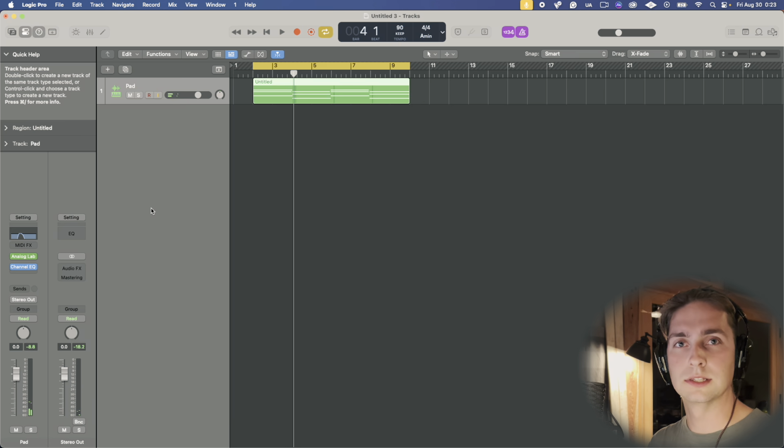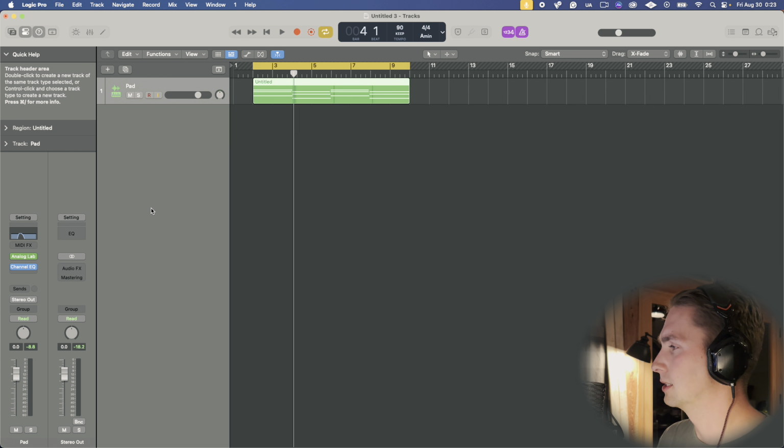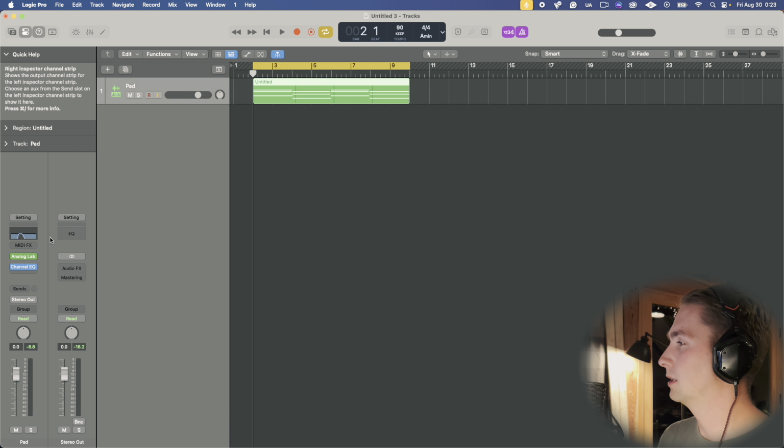Sometimes Logic does this thing that doesn't make sense to me, where it just starts playing MIDI notes on top of each other, and I'm going to learn why it does that because I want to make it stop. It's annoying.